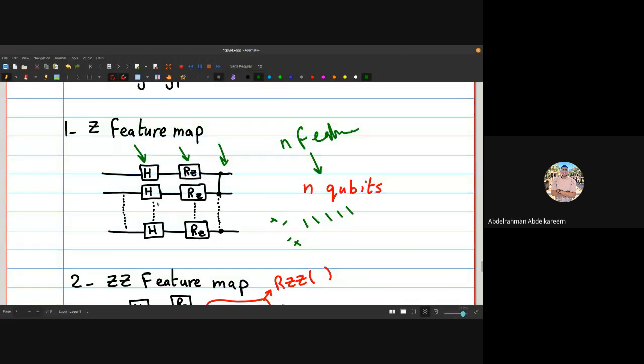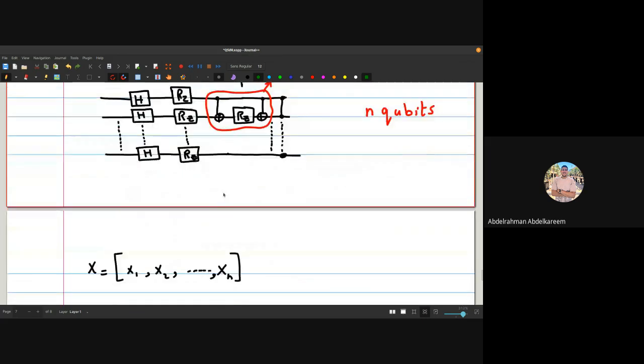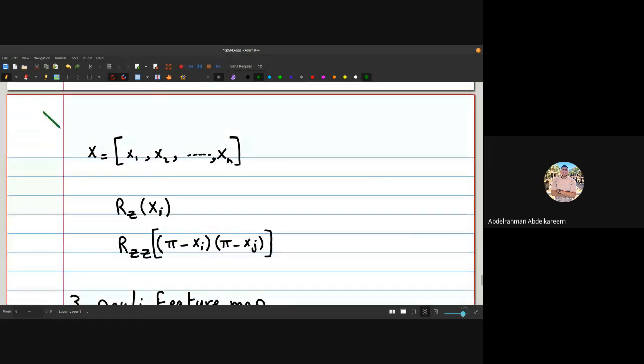So it uses Hadamard on all qubits, then rotation in the Z-axis on all qubits. So the angle for the rotation Z, let's say I have this one data point,